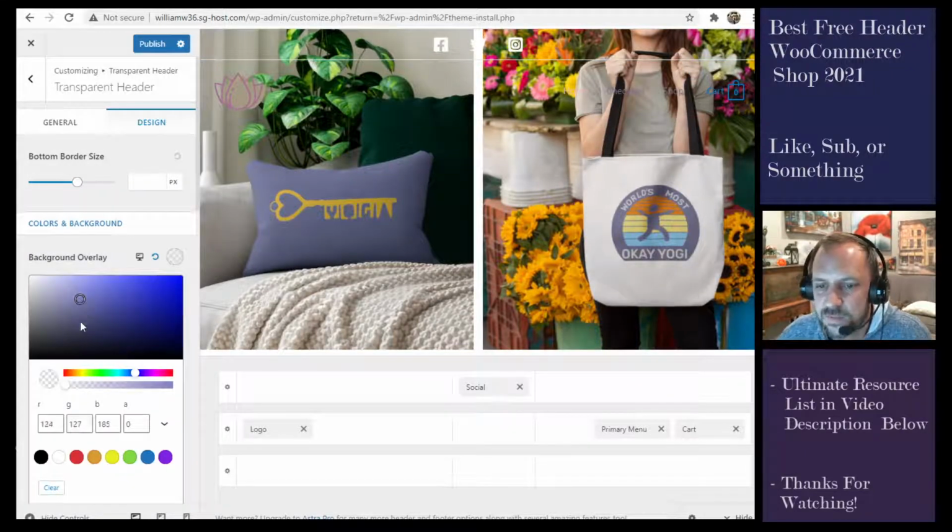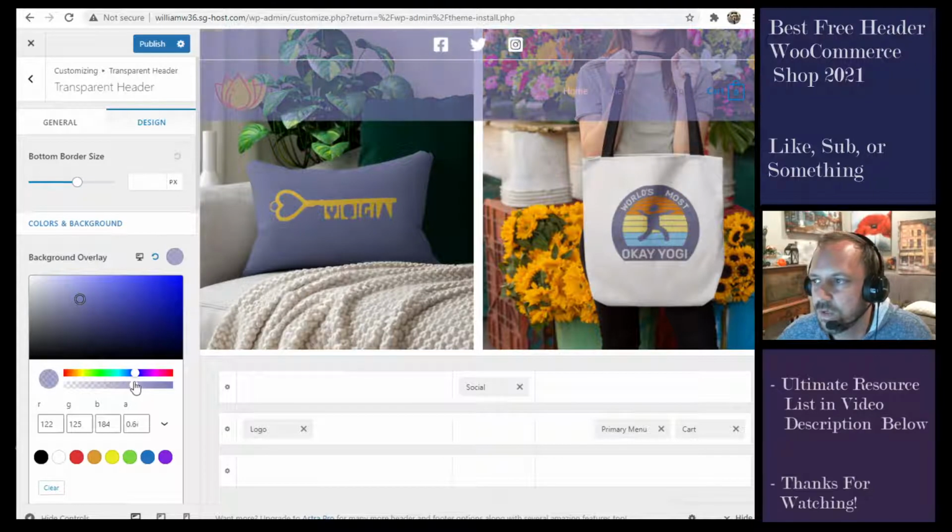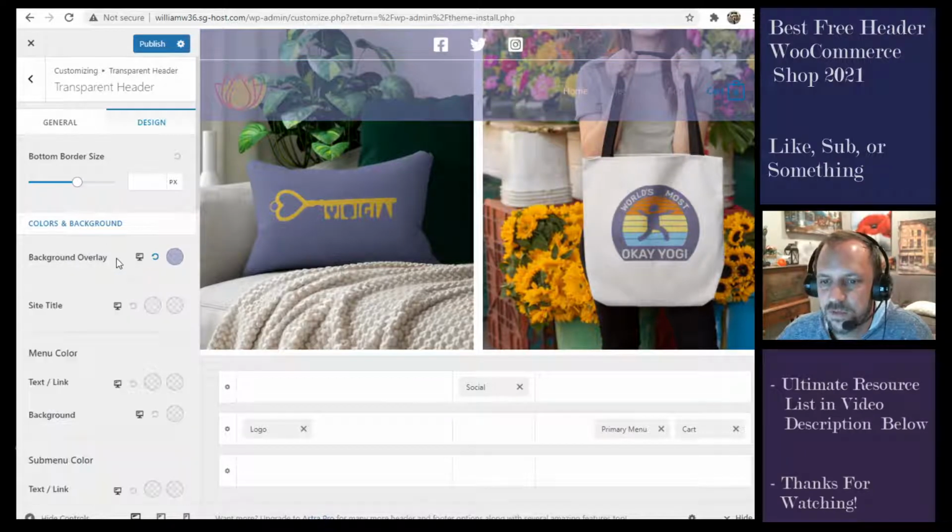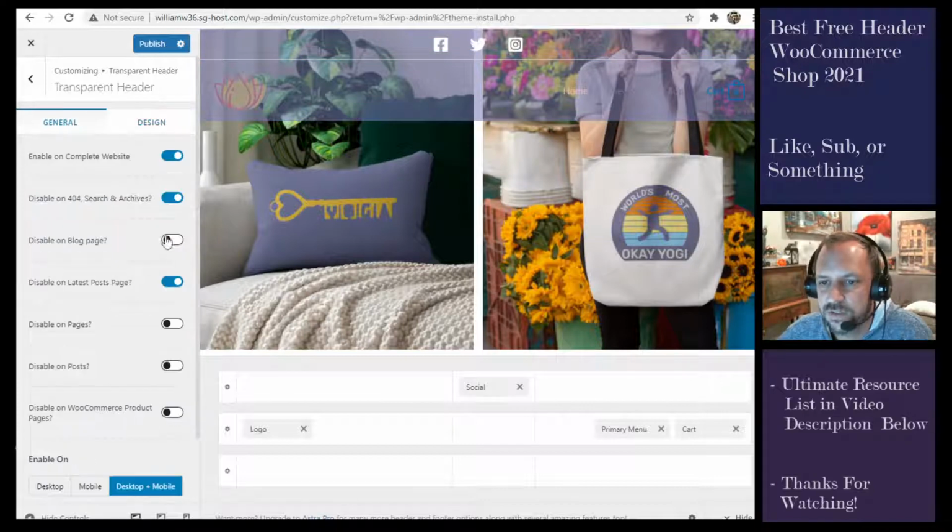Background overlay sometimes will help with that, even though you still need to develop it so that it works. If you have trouble with certain pages, you just select